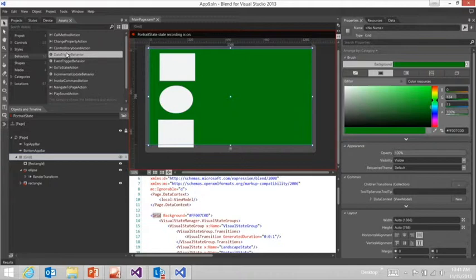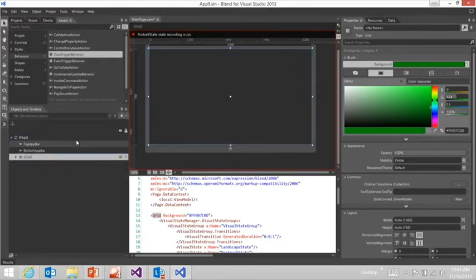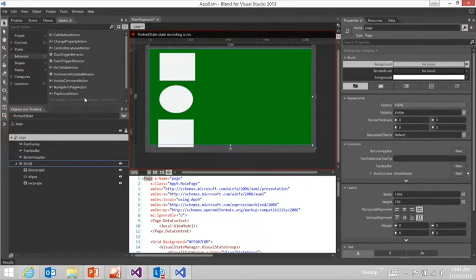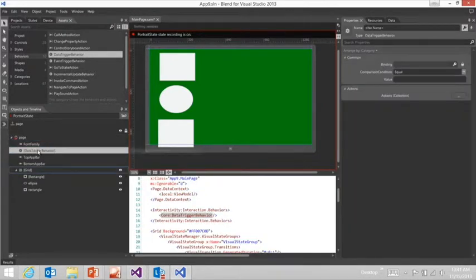So I'll go ahead and drag this data trigger. That means some property is going to change in value. I can put it anywhere. I'll put it at the page level, so the very high level. And so here's the page, and oh, I think I didn't drop it by mistake. Create a data trigger on it. There it is. So here's the data trigger, and I tell the data trigger, this is going to occur when a property changes,